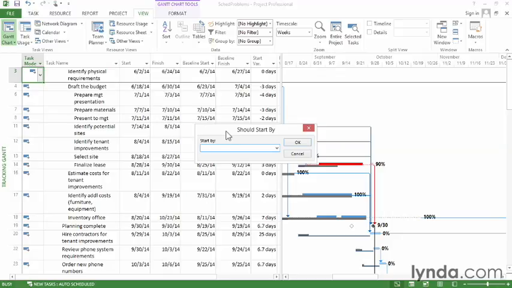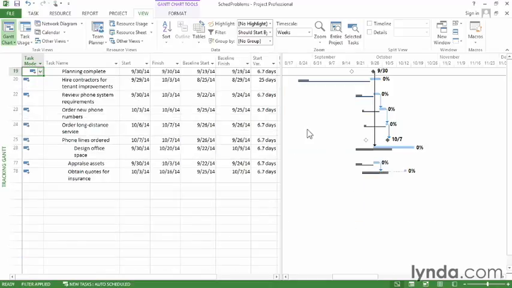Well, you have to give it a start by date. So in this case, I'll choose October 12th. And now you can see the list of tasks that should have started by October 12th, but haven't. At this point, you can check with the assigned resources to find out what the status is. You might have forgotten to include updates in your project, or you can ask the resources why these tasks are